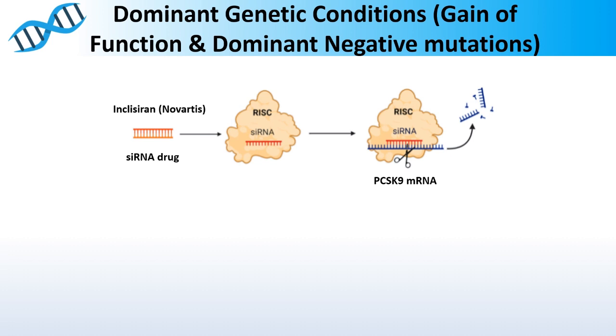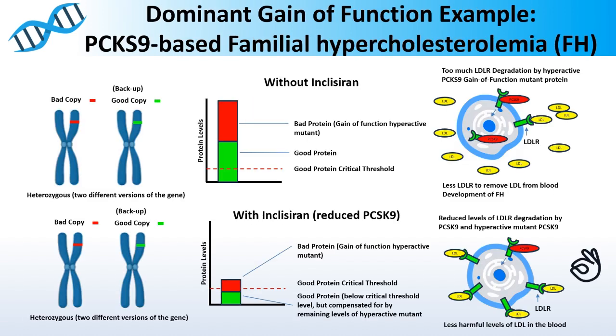And this can be done by using an siRNA called inclisiran, which has been approved by most regulators in recent years. And as you can guess, it works by targeting the PCSK9 mRNA, leading to a reduction then in this protein. And when used, you go from a situation where you have too much LDLR degradation to a situation like this here on the bottom, where you have less of this happening, and as a result, you get normal levels of functional LDLR and less harmful levels of LDL in the blood,